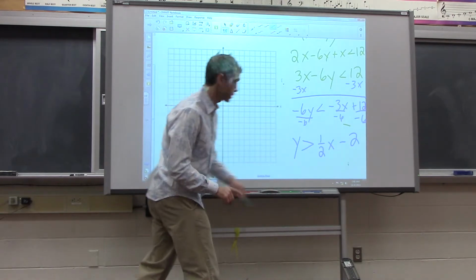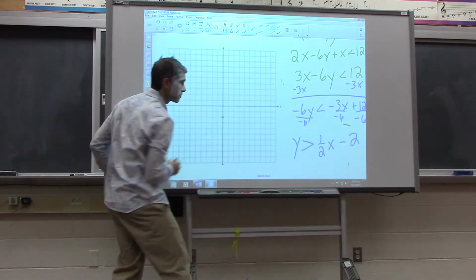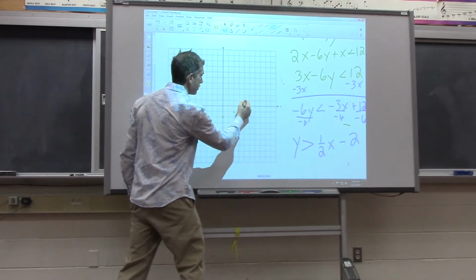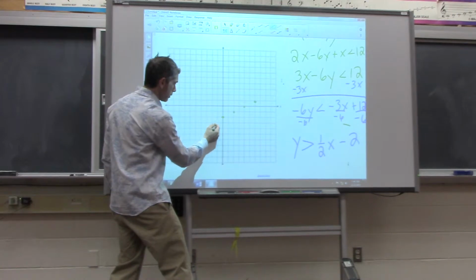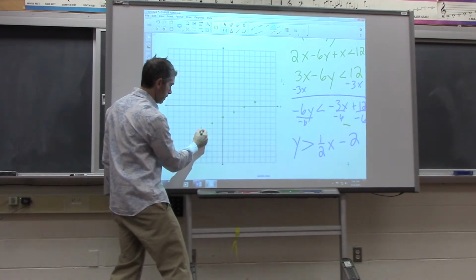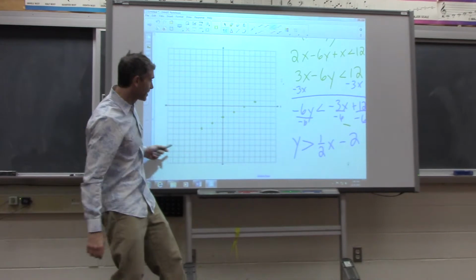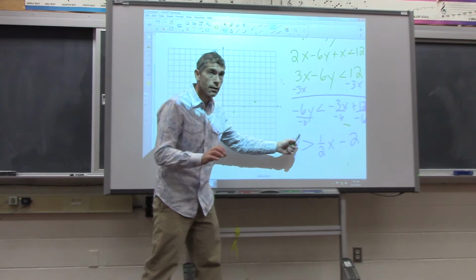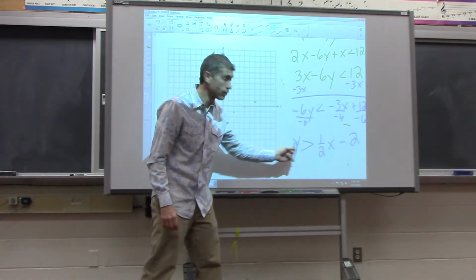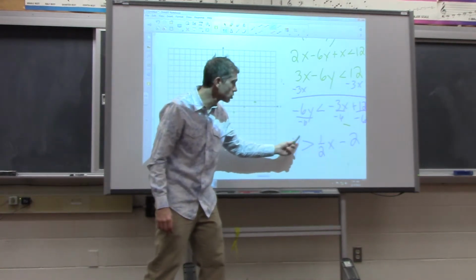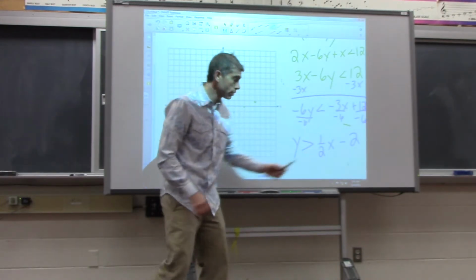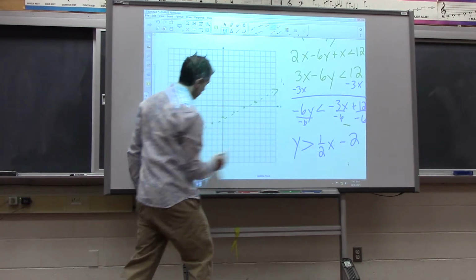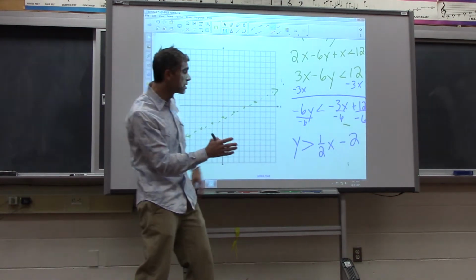Knowing my y-intercept is -2, so the first dot's at -2, and my slope is up 1 to the right 2, up 1 to the right 2, up 1 to the right 2, or down 1 to the left 2, down 1 to the left 2. Okay, but on this problem, instead of connecting with a solid line, this symbol means I cannot also equal. I don't want these two things equal, this is strictly greater than that. So the line, in this case, is a dotted line, to communicate that's the boundary